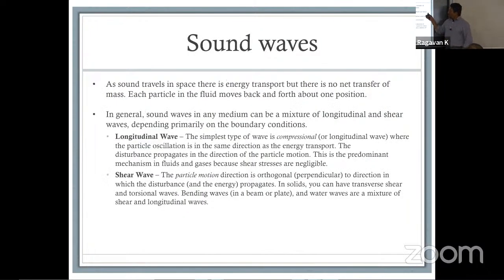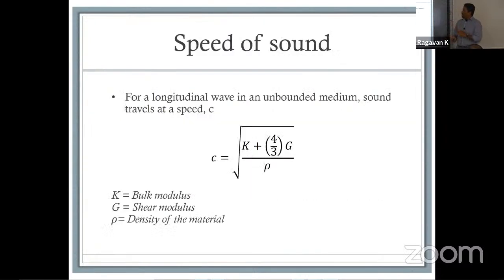So sound, generally speaking, has 2 different options for the waves you're talking about. You have shear waves, and you have longitudinal waves. Longitudinal waves are the compressional waves, compression type waves, and shear waves are a propagation type. It's a particle motion, so it tends to be orthogonal to the direction in which your disturbance is happening. So those are the 2 core mechanisms by which you will see sound moving.